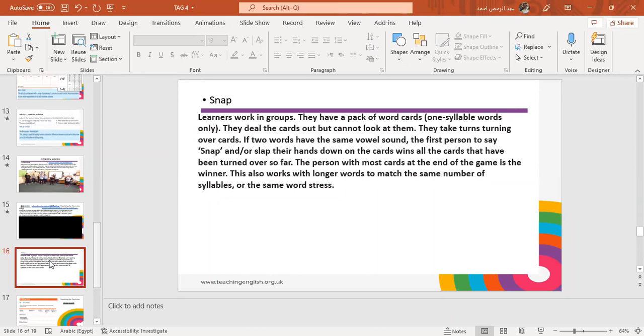If 2 words have the same vowel sound, the first person to say snap or to slap their hands down on the cards wins all the cards that have been turned over so far. So he gains all the cards on the table face up. The person with the most cards at the end of the game is the winner. This also works with longer words to match the same number of syllables or the same words. You can modify this activity and use whatever words or